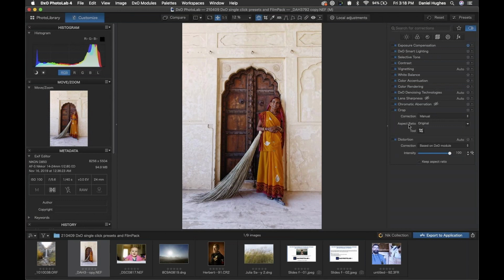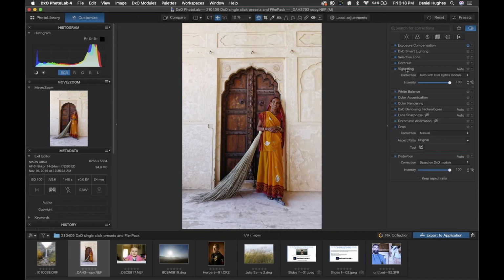And that's something that we need to keep in mind as well. Should we be saving this as a custom preset, right? But that isn't the last thing I wanted to do. So let's crop, and then I want to go back into the vignette tool, and I'm going to go into manual for vignetting,